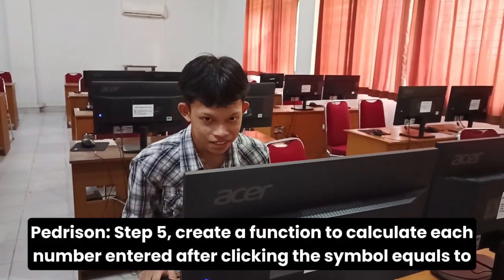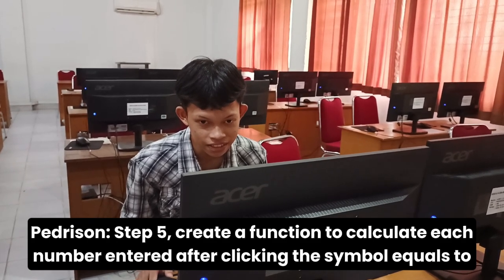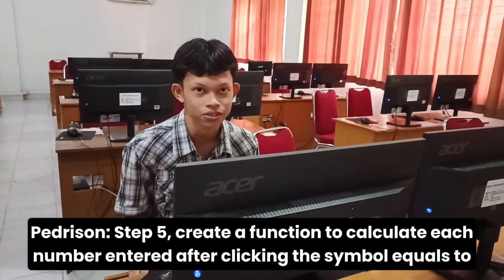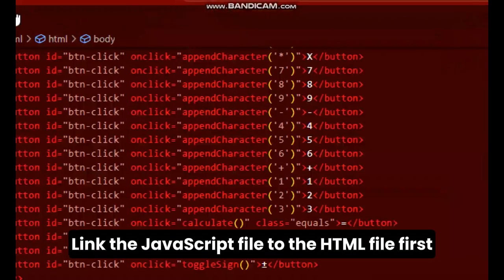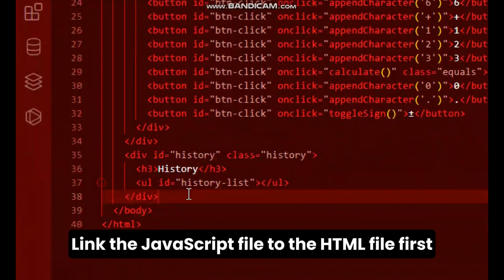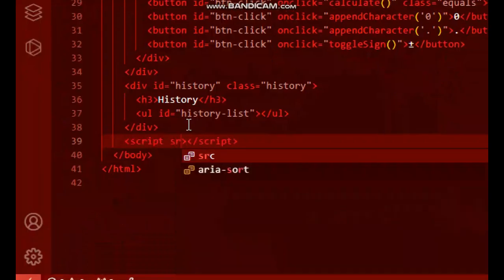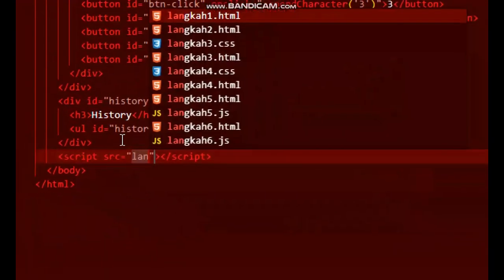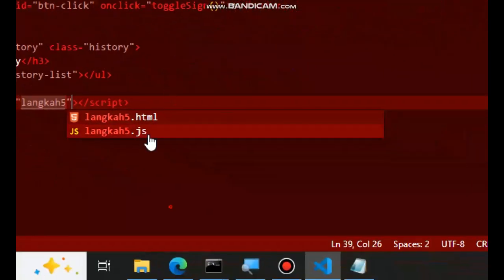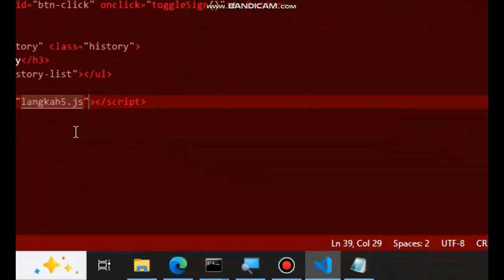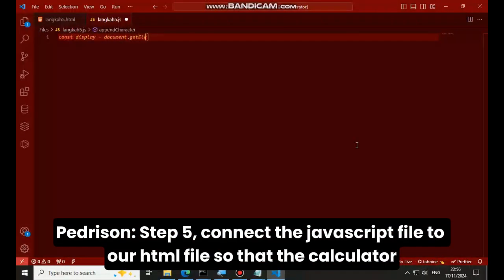Step 5. Create a function to calculate each number entered after clicking the equals symbol.